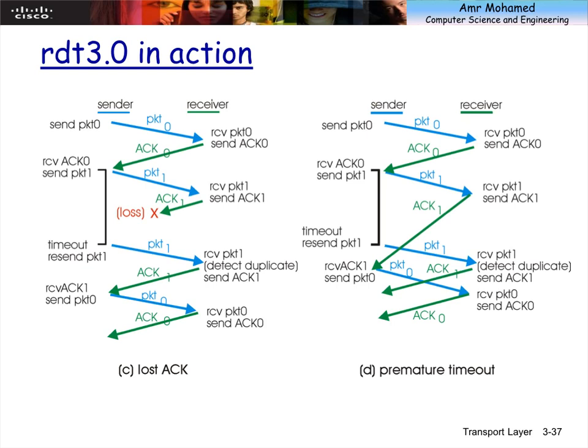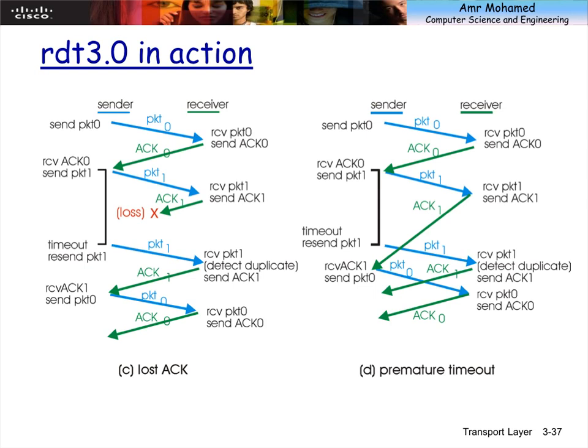Which is the case when we said duplicate acknowledgement is equivalent to negative acknowledgement. The acknowledgement one that is lost has a different number than the new one, so that the sender distinguishes the difference between them. When it receives the new one, it will know that the other one was lost. Because packet 1 here is the same one that the receiver has received before. So for the receiver, I received packet 1 before. The receiver here is in which state?